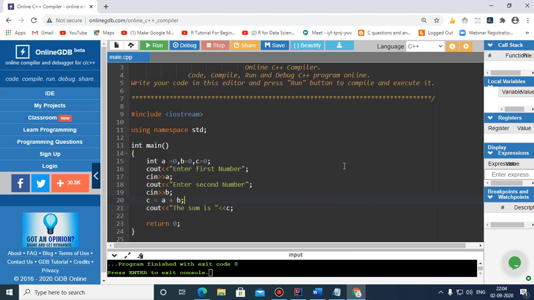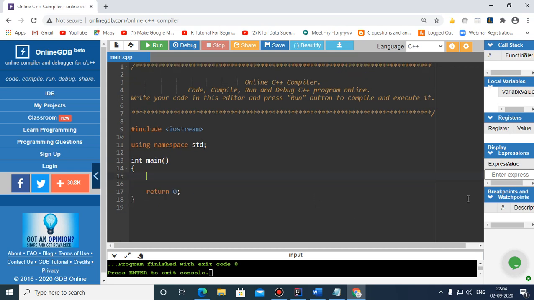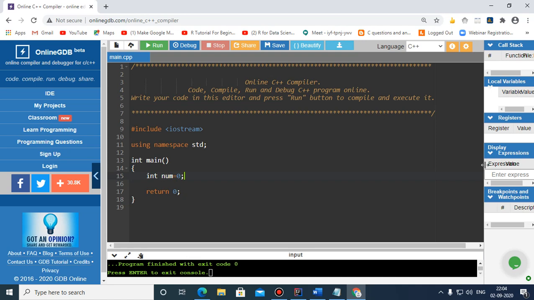Okay, so one more example I'm just going to give you. Suppose I want to input any number and I want to print the square of the number. So for that I have declared a variable num, and after that a message has been given, enter a number, and here this is the number I have entered, which is num.